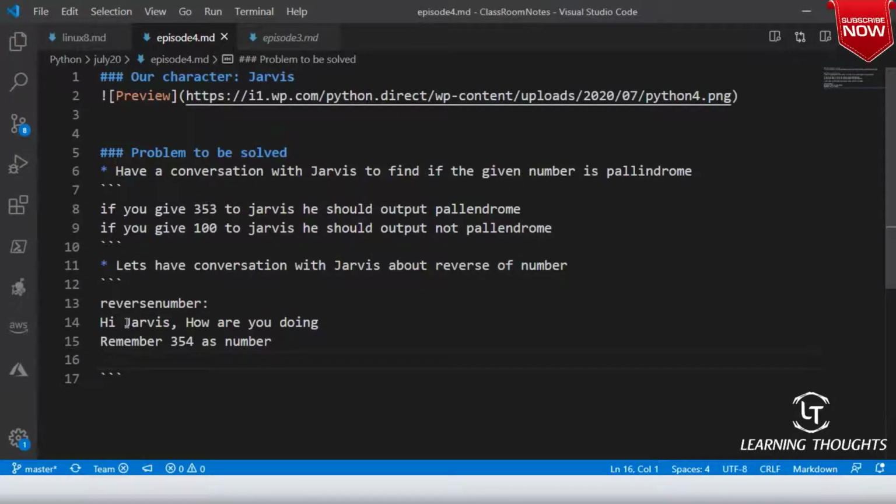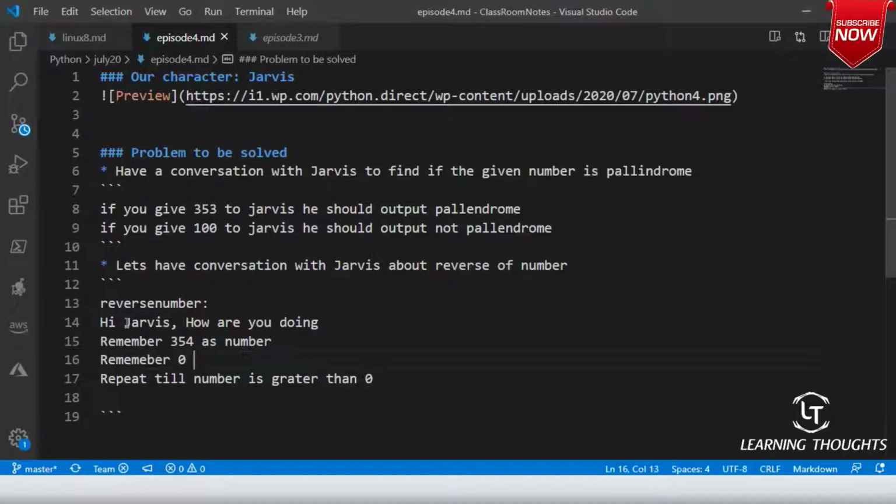And basically what is it that we need to do? We need to repeat till number is greater than 0. Now here I will tell, remember 0 as reverse of a number at this moment. Remember 0 as reverse. Good. Now what is it that I'm trying to tell him now?